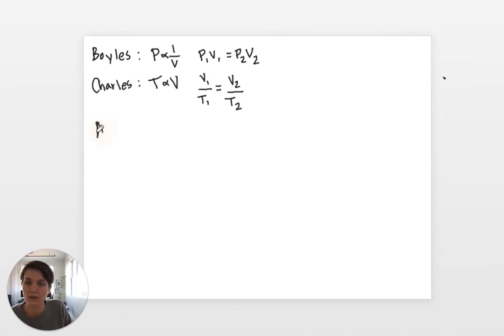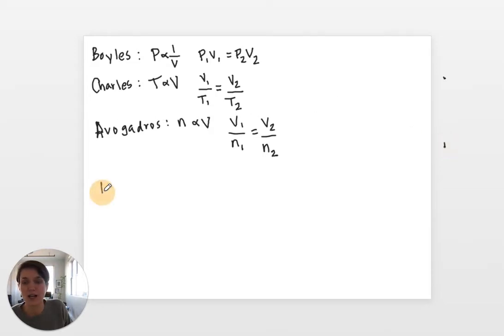Then we have Avogadro's law, which is that the number of moles is directly proportional to the volume. Again, temperature and pressure are staying the same, and our working equation there is V1 over N1 equals V2 over N2. So these are really useful when you just have one thing changing and you're asked about the effect on the other variable. If you have multiple variables changing, you're going to need to use the ideal gas law,